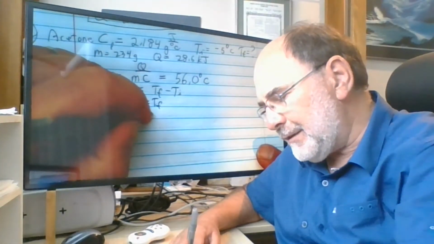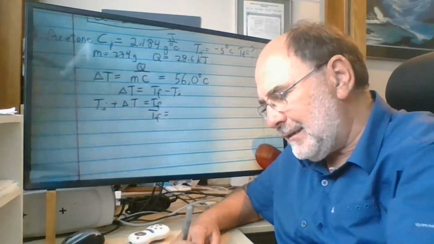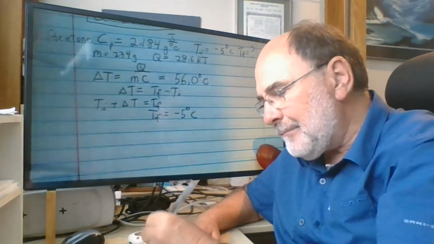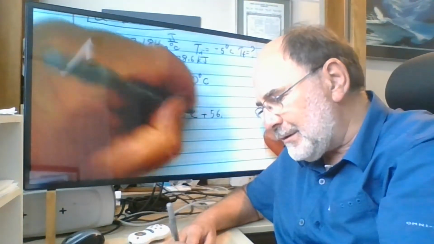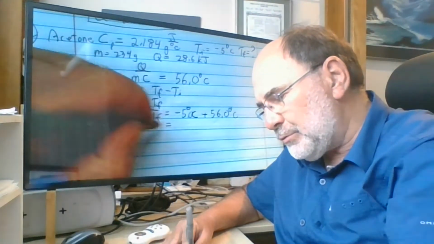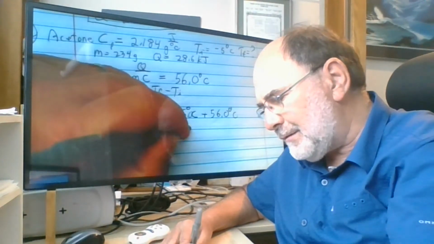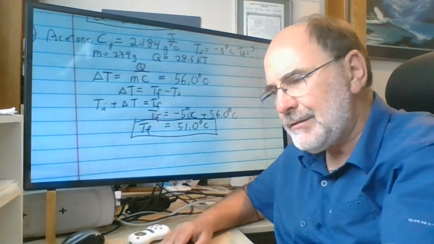And therefore, in this problem, the final temperature must be -5 degrees C, my starting temperature, plus an increase of 56, we're going to call this point 0 degrees C, and you end up with 51.0 degrees C as the final temperature